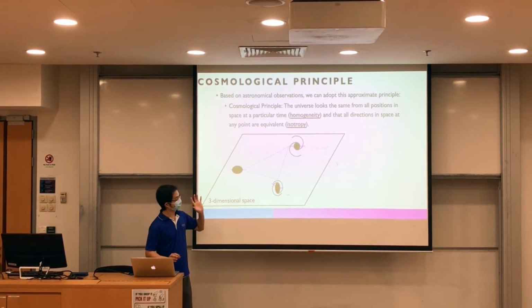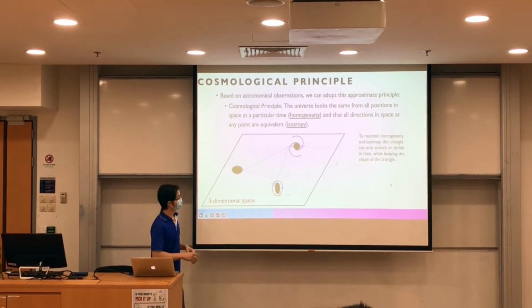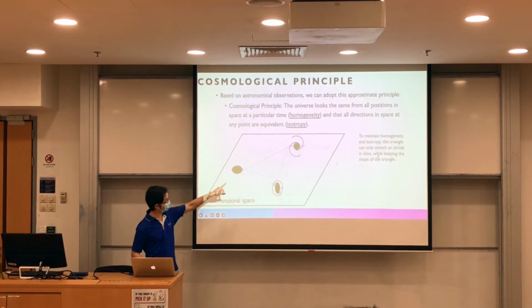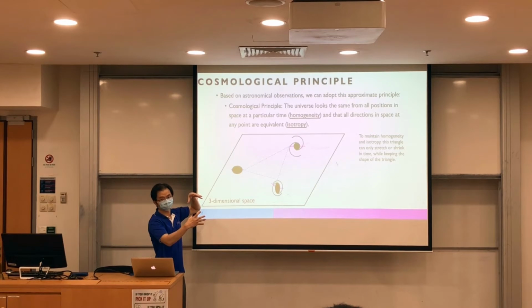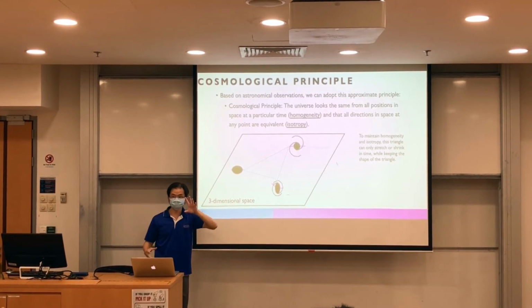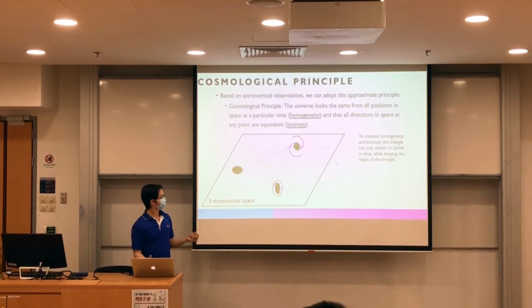So we want to formulate homogeneity and isotropy into an expression. To fulfill homogeneity and isotropy, this triangle should only stretch or shrink. That means it keeps the same shape, so that in a future time or in a previous time, the triangle is only bigger or smaller. So it is still the same, right? In the future time, the triangle is, let's say, bigger. It's still homogeneous and isotropic. Okay? So based on that,